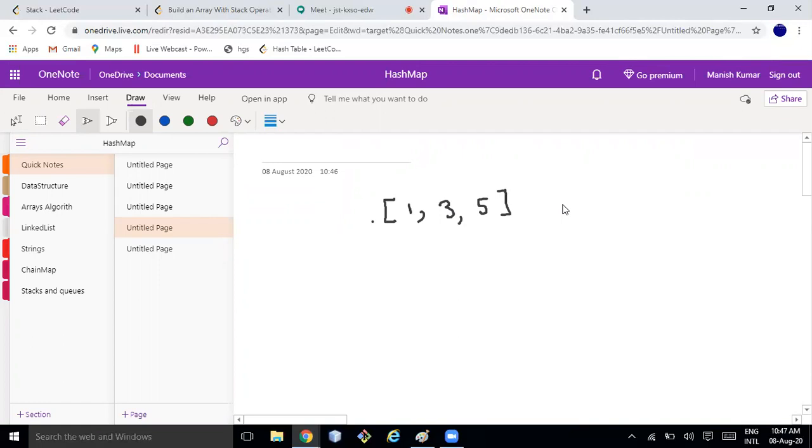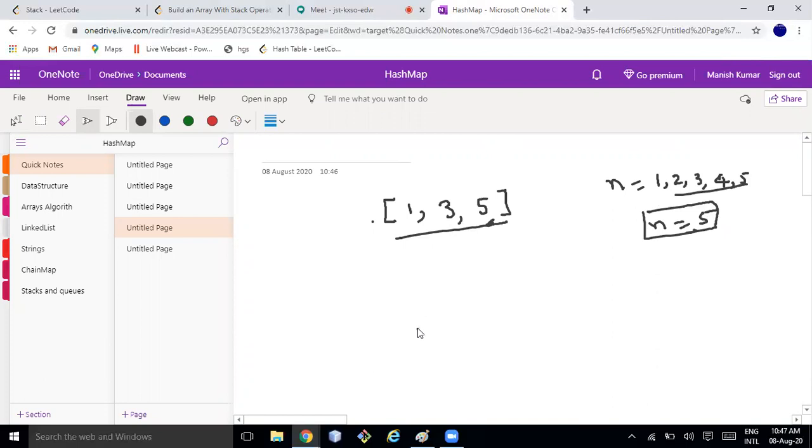The number n always starts from 1 and ends here. So n is 1, 2, 3, 4, 5, or I can say n is equal to 5. Total 5 elements are there. Based on some push and pop operations, this list is coming. So how can this list become? From 1 to 5.